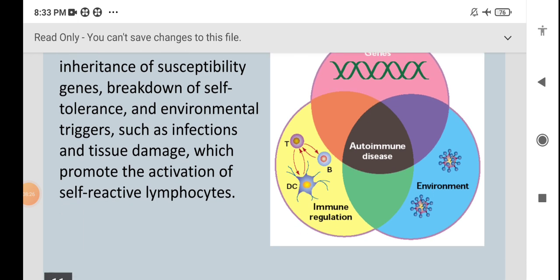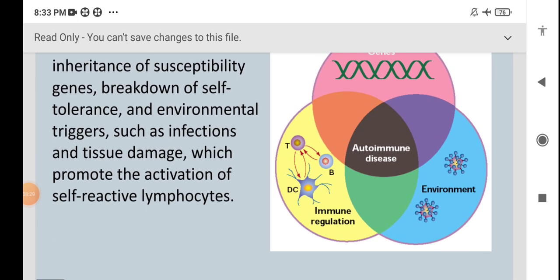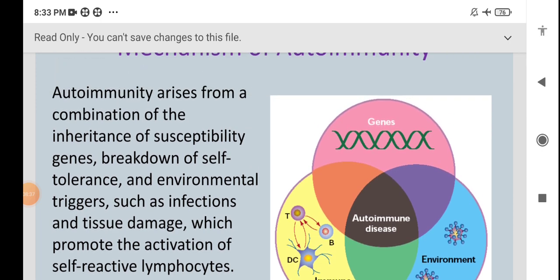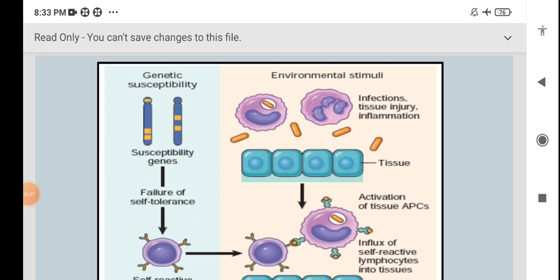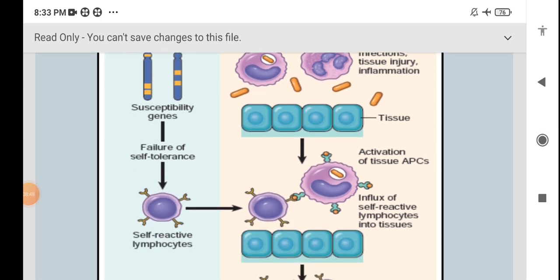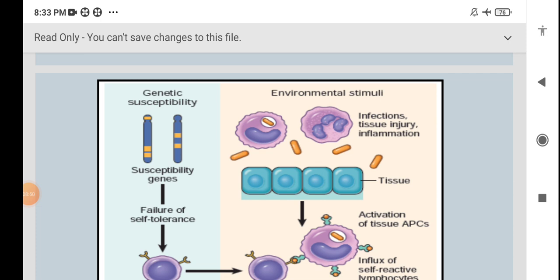So this is a schematic representation here. The contributory factors for autoimmune diseases: the environment, immune regulation, and genetic susceptibility. Genetic susceptibility, so the genes, failure of self-tolerance, self-reactive lymphocytes. So, environmental stimulus,